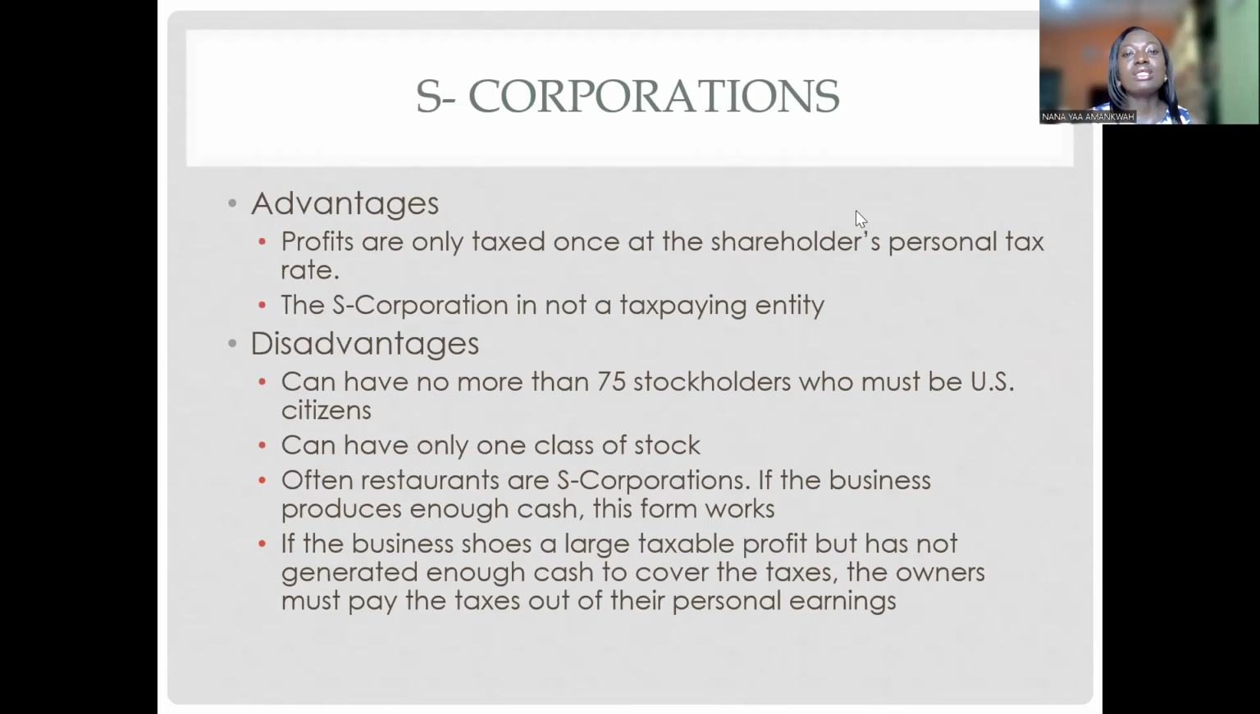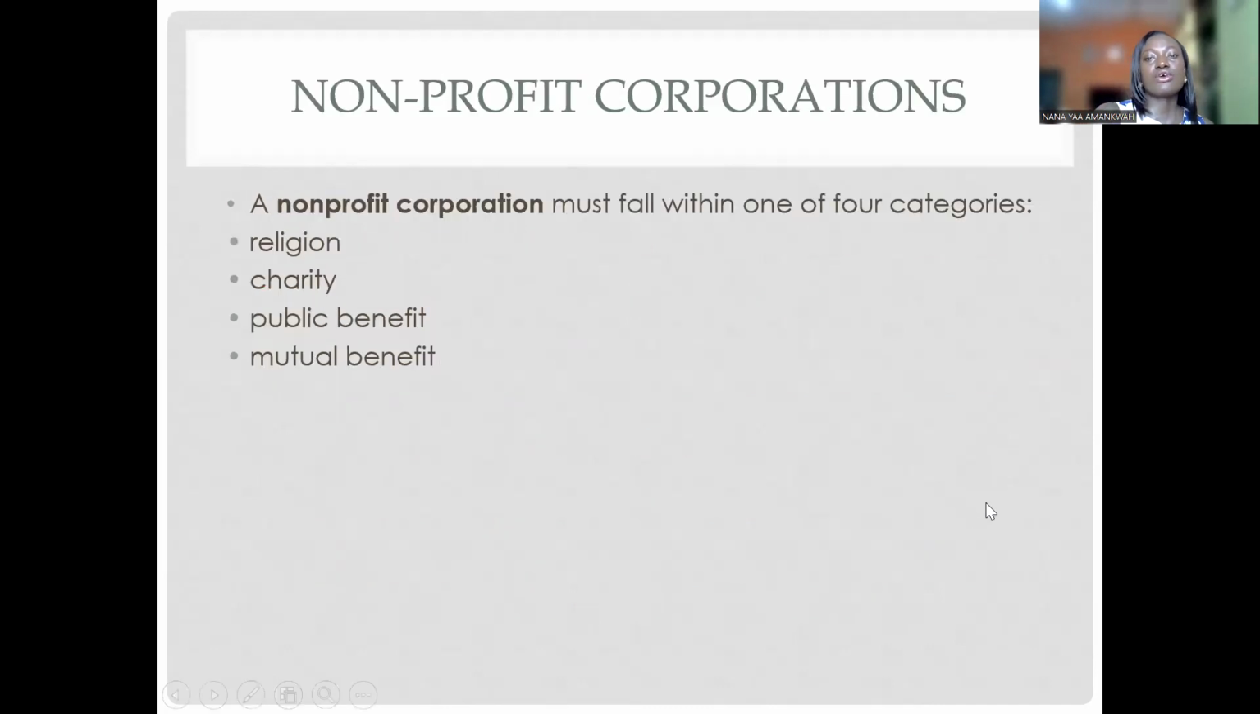Profits are only taxed once. That's for the S corporation. The S corporation is not a tax-paying entity, so once the individuals are taxed, that is it. You can have no more than 75 stockholders, who must be US citizens. So usually the S corporation is in the US, and usually in Ghana you have the C corporation rather. Good. Now the non-profit corporation must be either a religious one, charity, for public benefit or mutual